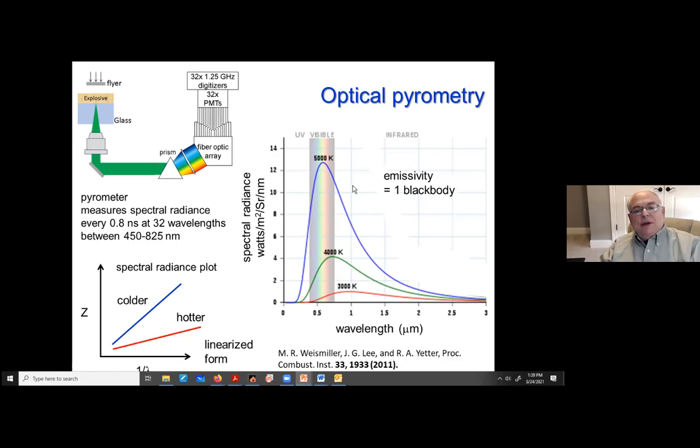And so what this will do is, if it's a black body, it will give you a straight line. And it's important to know that, because what you're looking at isn't always a black body or its friend, the gray body. For instance, aluminum-based explosives always have lines where AlO, or aluminum, and so on. So you want to be able to recognize the presence of non-thermal emission. That's why you want a straight line.